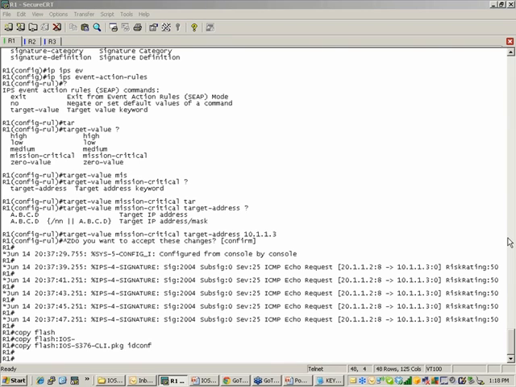We got another question here. Do the IDSM and IPS, are those the same product? Yes and no. IDSM is the blade that goes into the 6500s. It uses